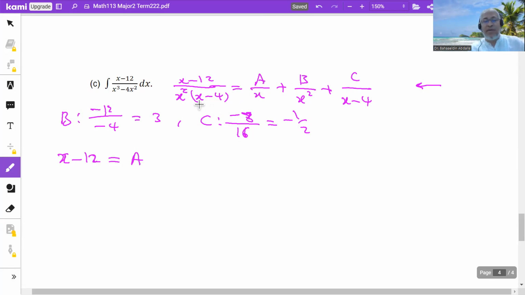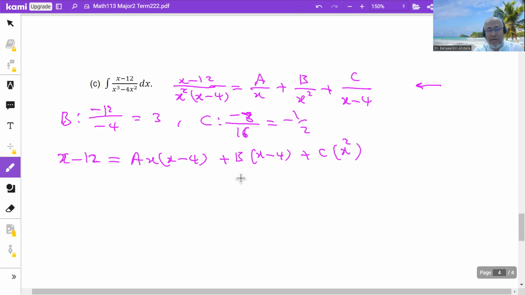Now I multiply by x squared times x minus 4. So this x will be cancelled with one of these x's, and I'll have x times x minus 4 plus b times x squared will be cancelled with x squared, and I'll have x minus 4 plus c times x minus 4 will be cancelled with x minus 4, and I'll have c x squared. From here, I can compare the coefficients of x squared, x, and constant term, and find the values of a,